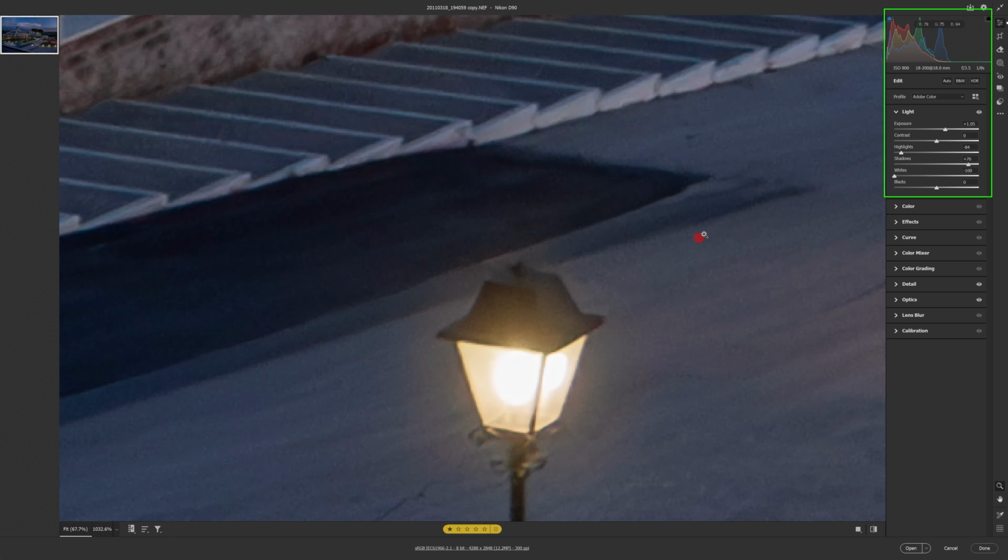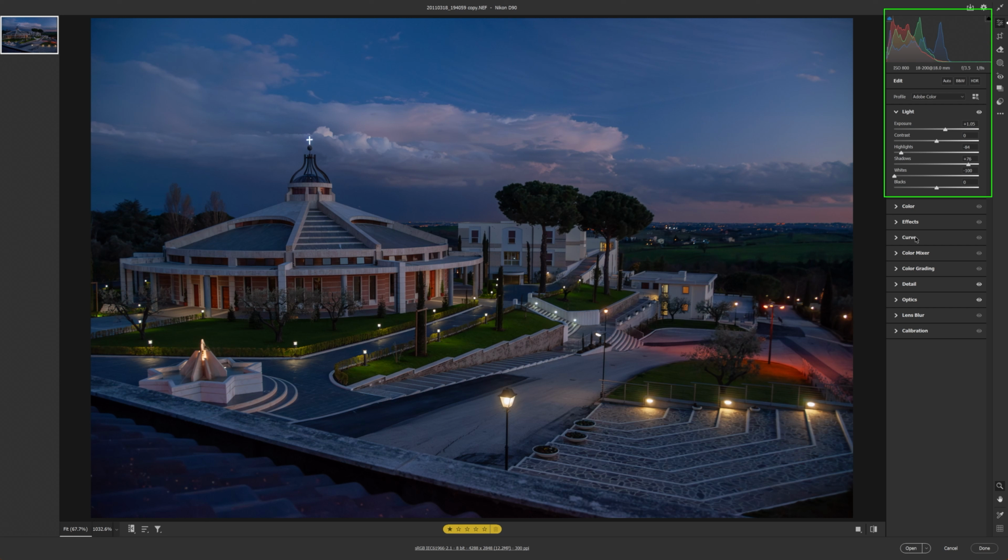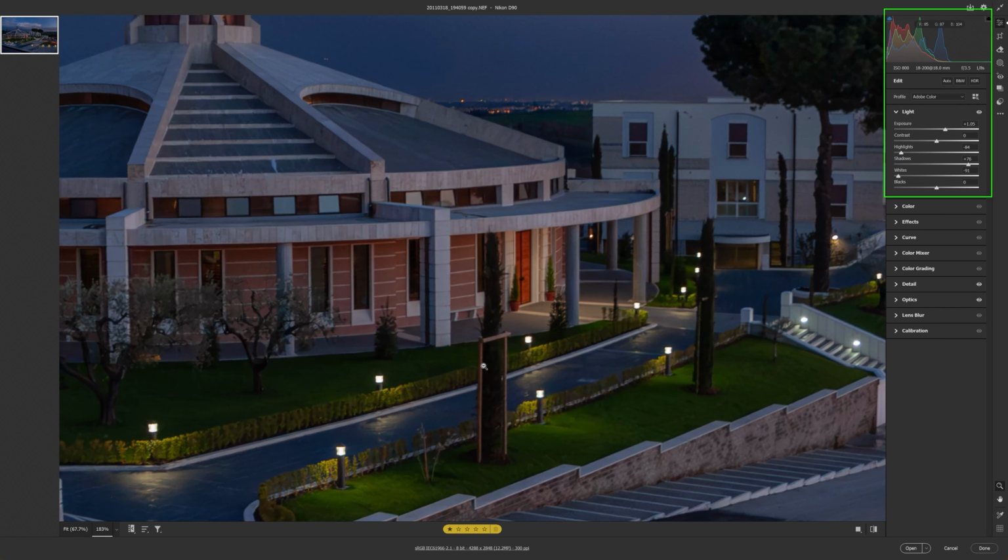But remember that all these settings in the edit panel are global settings. Global settings means that whatever settings you apply will apply to the entire image. Wherever there are whites in the image, it will apply to them. In this case, it's good because we don't want them to show too bright. So that's fine. Now the black areas, for example, if I bring down the blacks,